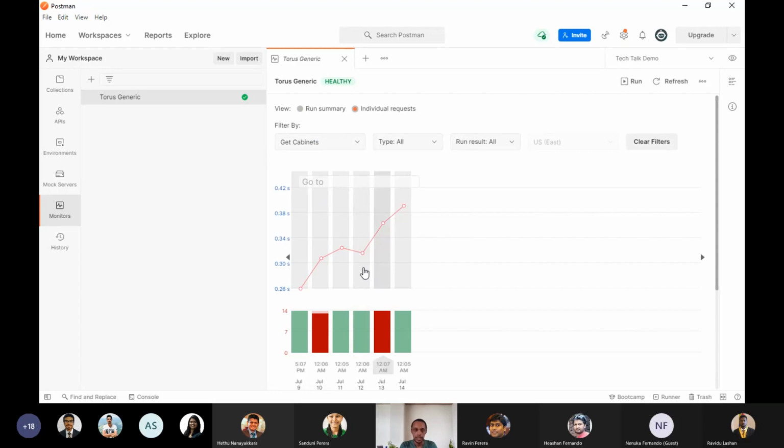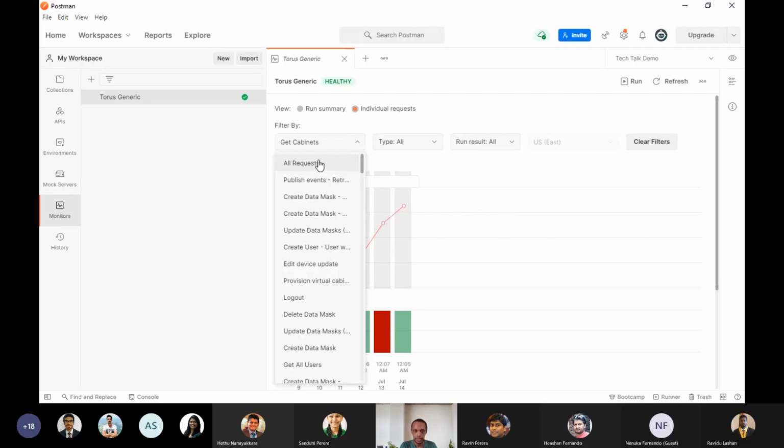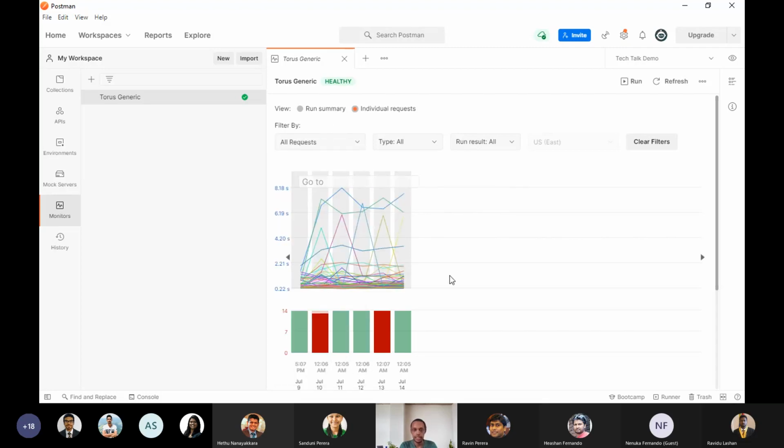You can see the times taken in each of the monitoring runs, and you'll be able to see the fail percentage of that individual API call. And if you select all requests here, you will see everything, and it's really not easy to read. So there's no way to study this graph extensively using the free plan. You just have this